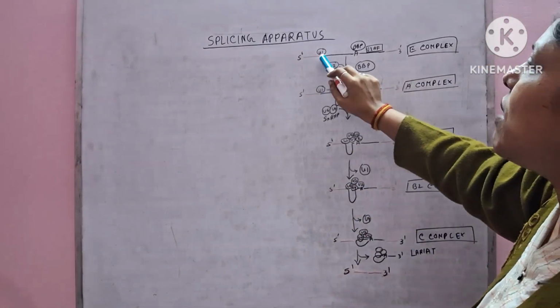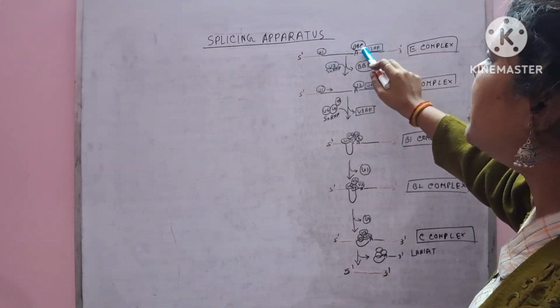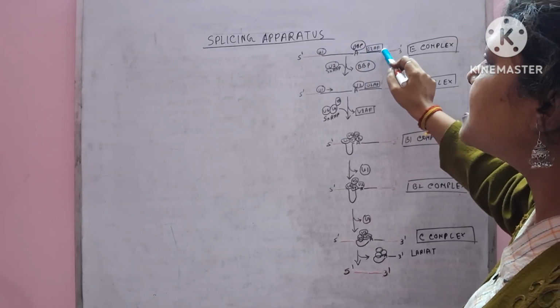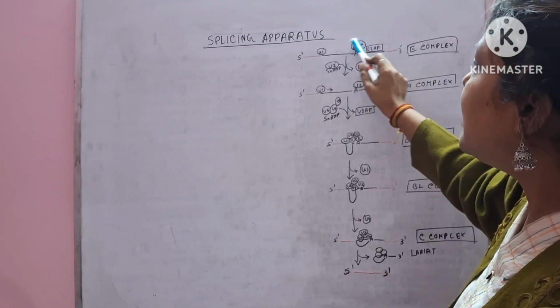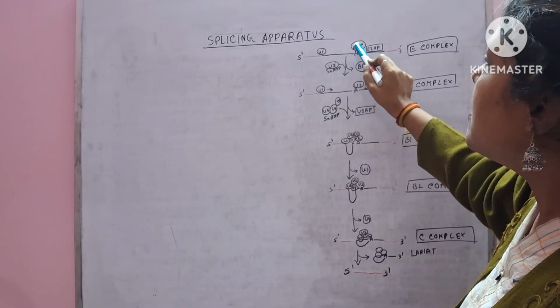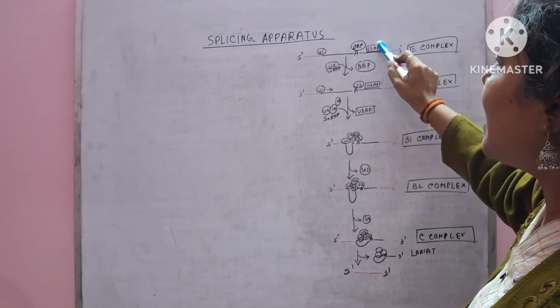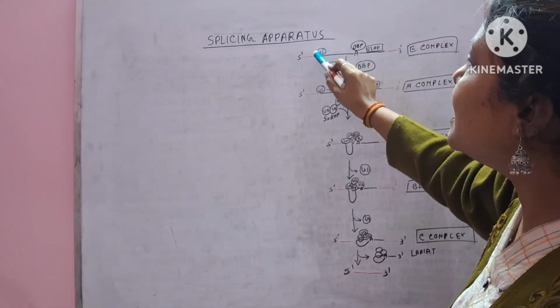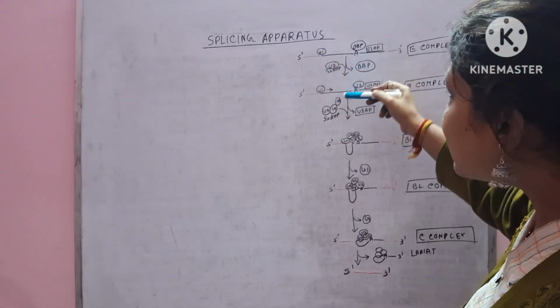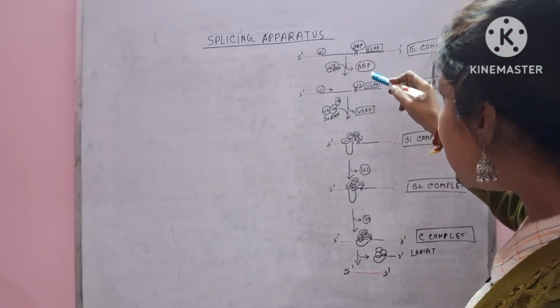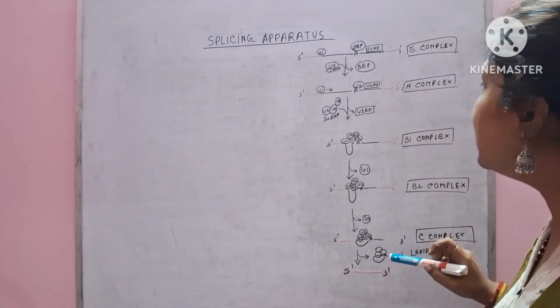So first, U1 is a protein, and BBP is another protein, and U2AF is a factor. Here the A is the point where the BBP protein binds, and the U2AF factor is there, and U1 is there. So in the next step, when the E complex is already formed, you can see this